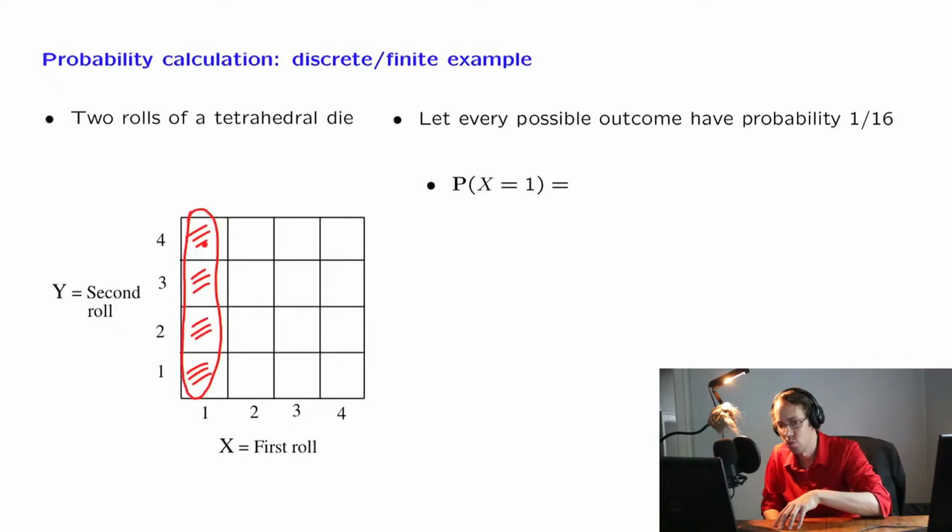Tetrahedral die, that's 4. It is the sum of the probabilities of the outcomes that it contains, so it is 4 times 1 over 16